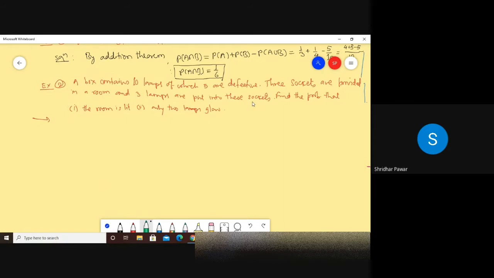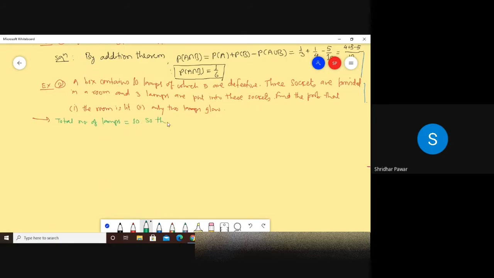Okay, so see, you can select 3 lamps out of 10. So total number of lamps is equal to 10,